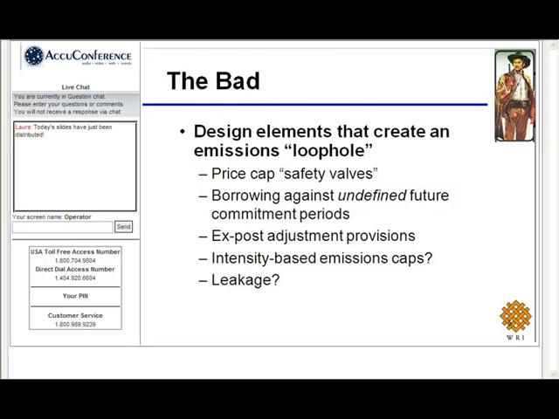And the basic rule of thumb here is that if global emissions under a linking scenario would be higher than they would be if you did not link two systems, then that's going to create a barrier to linking that's going to violate the environmental integrity principle. Now, going through what some of these elements are, of course, the obvious one would be a price cap, or safety valve,